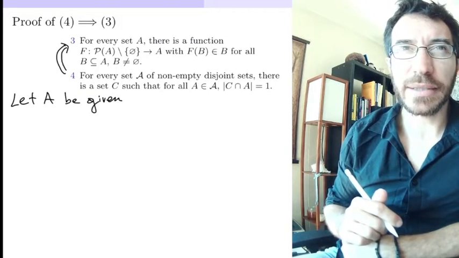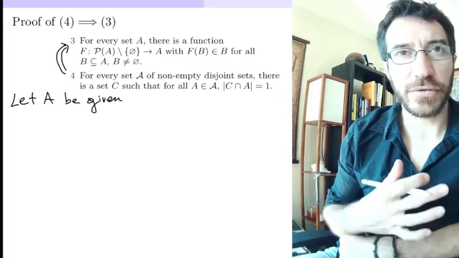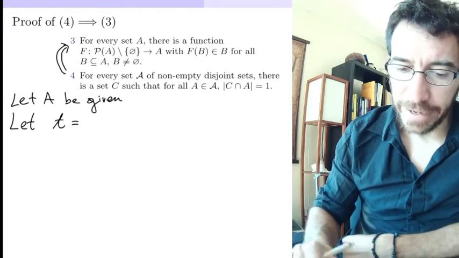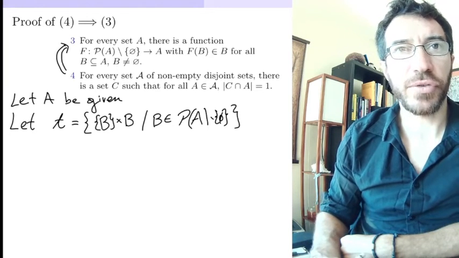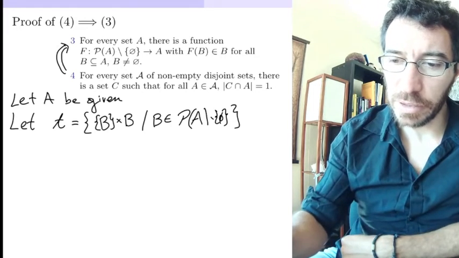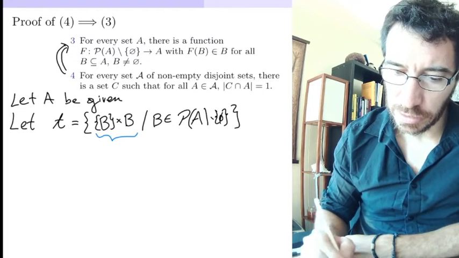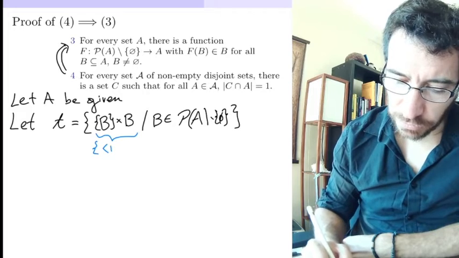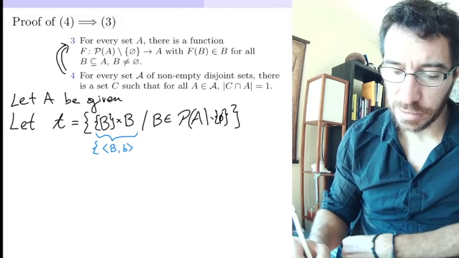So how is it that we make these sets disjoint? We need to define our collection of sets A so that we can apply number 4 to it. And this is what we're going to do. We take all the non-empty subsets of A and we force them to be disjoint. So when we do this thing up here, essentially what we are doing is taking the set of all pairs where the first element is the set B and the second element is a